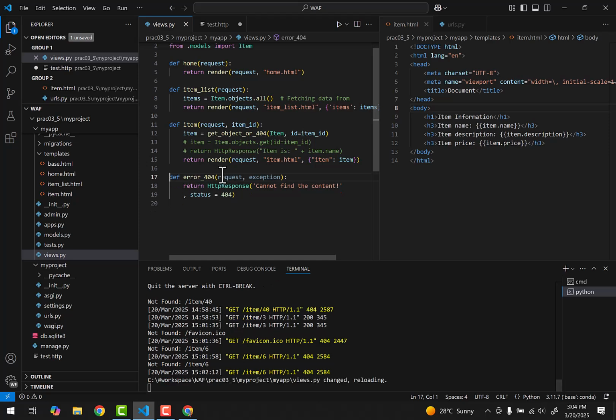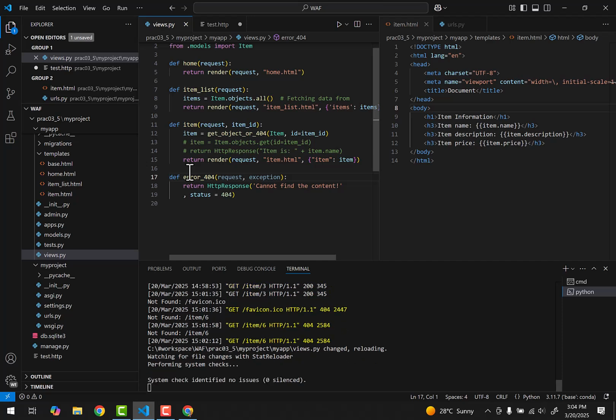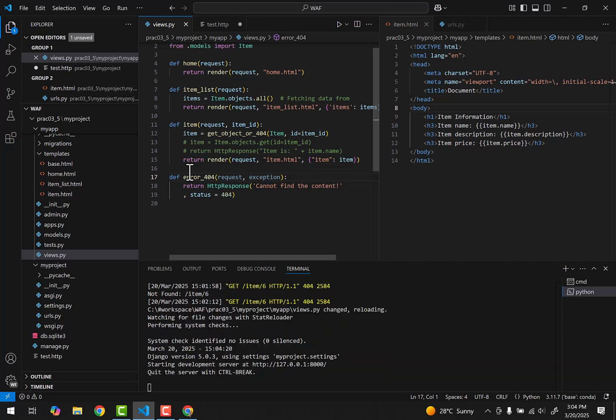What's the second thing? This is basically defining a view, right? So how do we call this view? We need to configure it in which file? Settings. Not settings. Yes, URL. You're right, urls.py. That's what we did all this time: we made a view, and then the next thing is urls.py, so that somebody can call